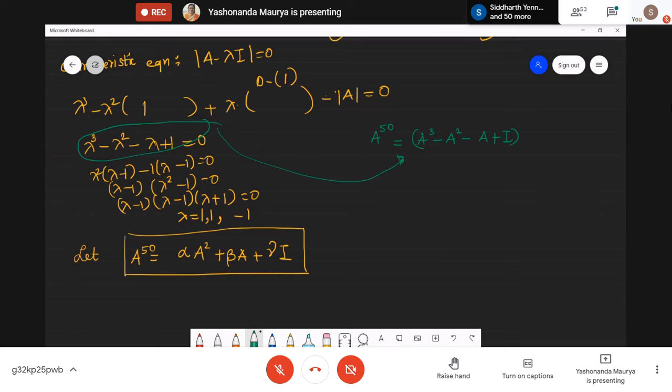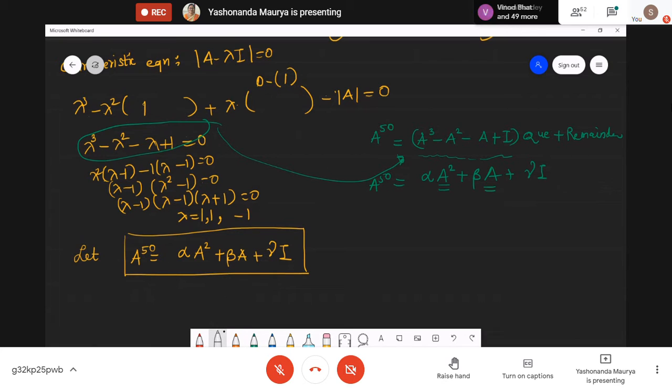From this I have written this expression. Now this multiplied by the quotient plus the remainder. So this part will go to 0. So what is the remainder now? We are dividing the polynomial by this. So the remainder will be a quadratic polynomial. So it should have degree 2 term, degree 1 term and a constant. Okay. So this is what we have.